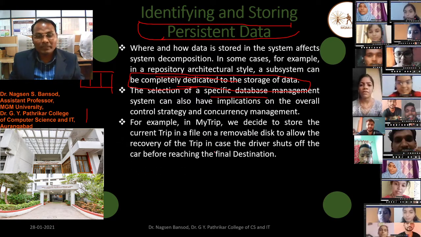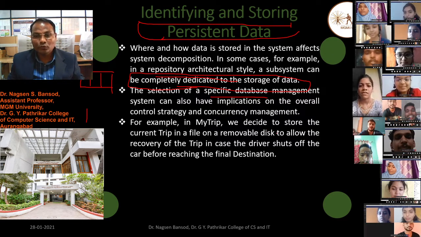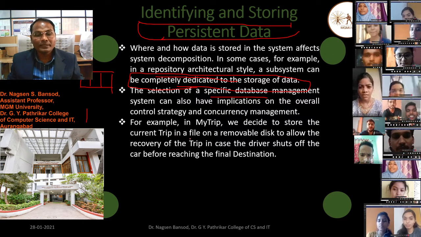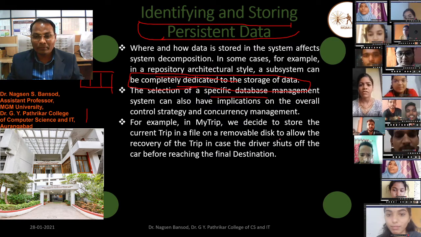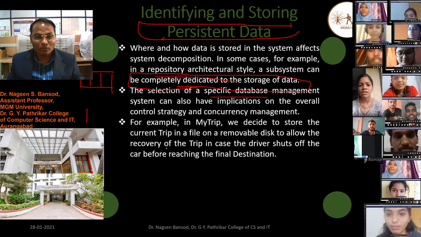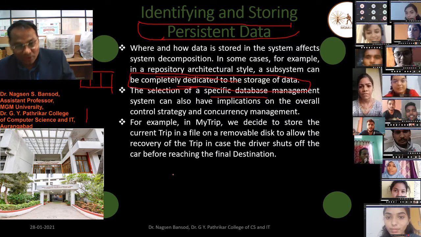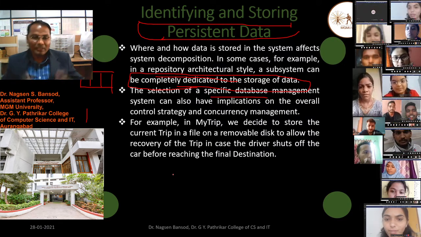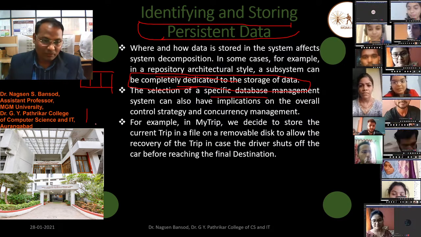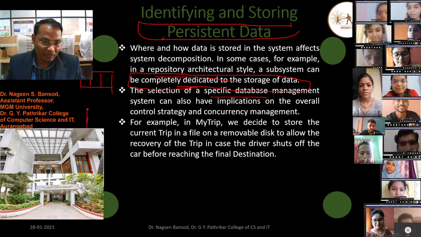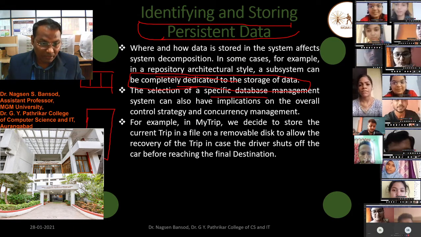For example, in MyTrip, we decided to store the current trip in a file on a removable disk to allow the recovery of the trip in case the driver shuts off the car before reaching the final destination. Suppose we plan a trip and our car does not reach the final destination.